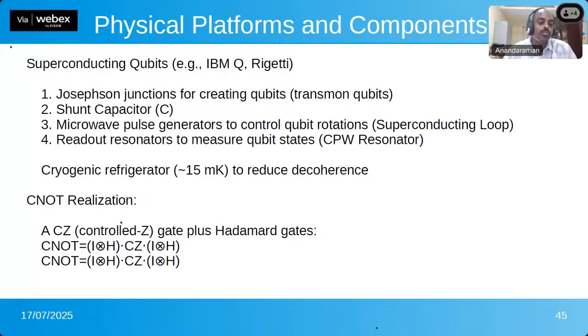You give a microwave pulse to the electron, and the amount of pulse determines how much angle it will rotate. For 180 degrees it will be a different pulse, and for 45 degrees a different pulse. Then you use a readout resonator to measure the qubit state. You measure with the resonator circuit, then find the state as the result. Then cryogenic refrigeration brings it to 15 millikelvin,